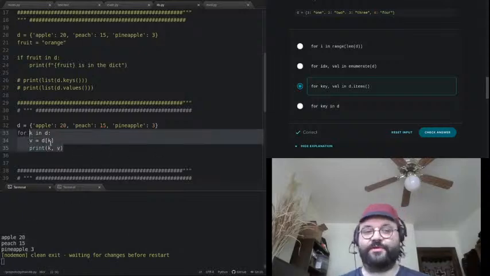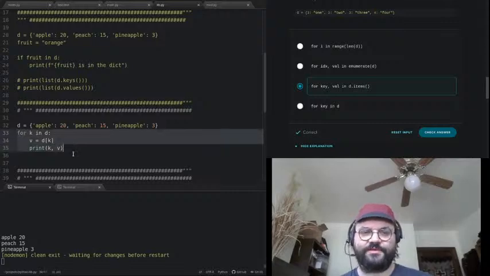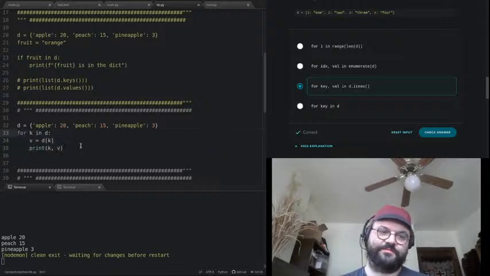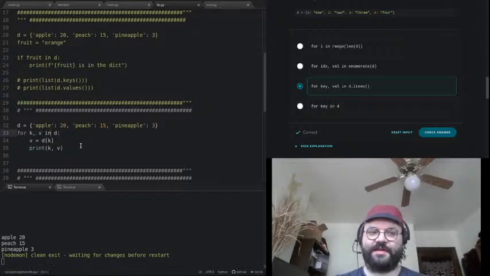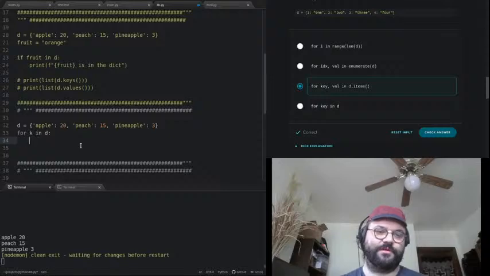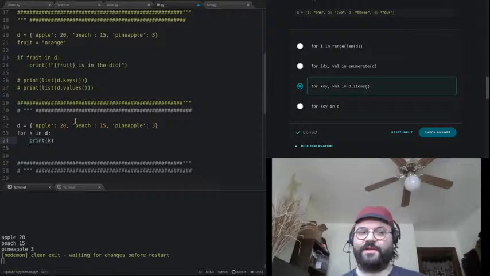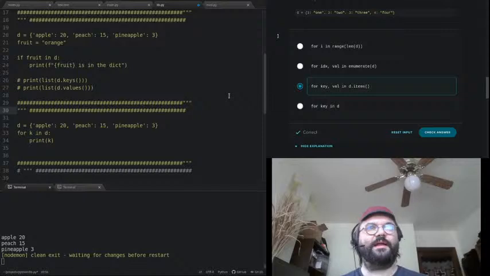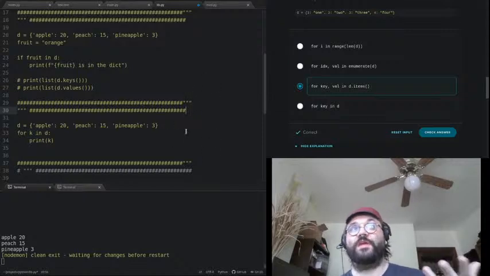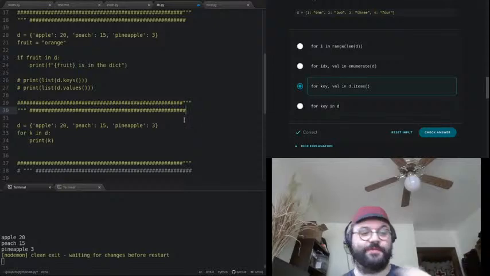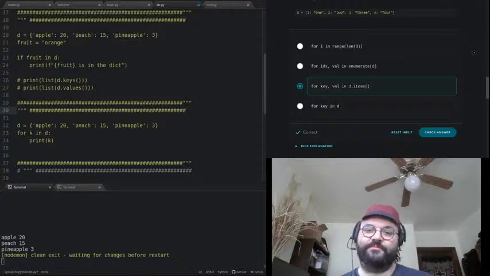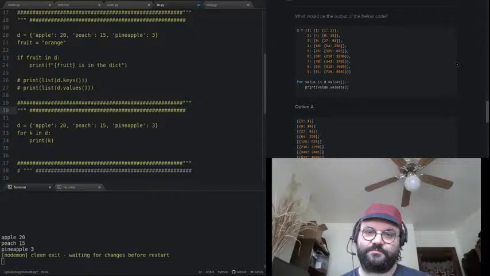So now I have access to both. You can iterate directly through like this. It's kind of nice to have direct access to values like this. I think it makes the code a little cleaner, but you could get by doing it the other way if you wanted to. I think there's no real good reason to do it this way, but it is possible. I guess maybe the reason would be if you know that in your loop you were only going to deal with the keys and not the values at all, then maybe. Anyways,